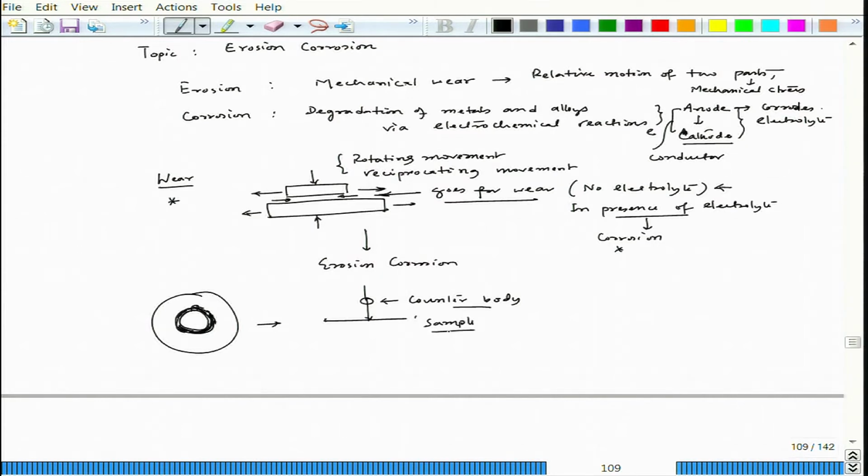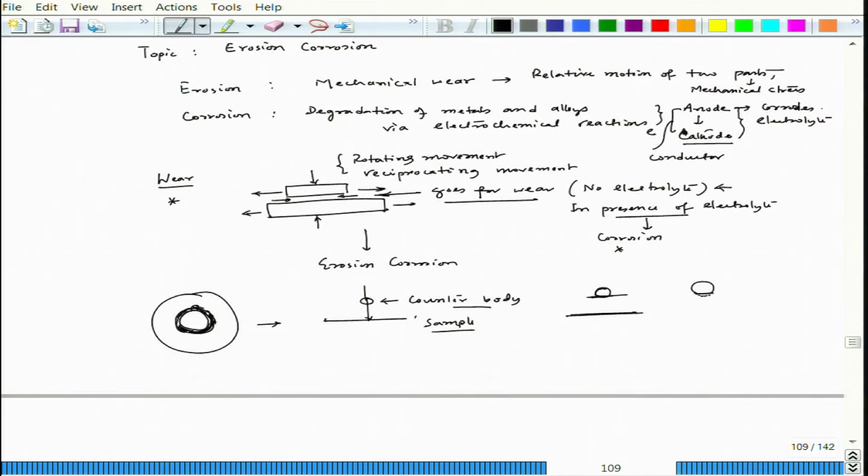But sometimes you can also make this counter body to be a sample and this disc to be your test surface, where you can have the erosion or the wear of that particular body. Now, for example, let us say this ball is your sample, and this plate actually acts as the counter body, then this particular pin can have erosion. So, some part of it will be chipped away. So, this particular wear can take place. So, instead of a roundish appearance, this particular part is removed.